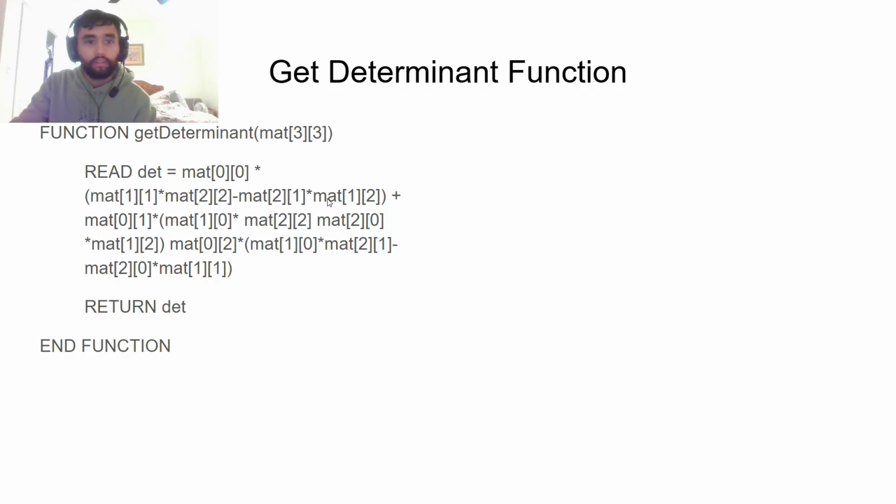This is my get determinant function, used to calculate the determinant whenever called. For all intents and purposes, for every matrix, the first index is going to be treated as the row, and the second index is going to be treated as the column. Obviously, 3 gives the maximum number of values in each array, however it'll start from 0 to 2. So this one would be the top left value on a 3 by 3 matrix times, I don't have the thing right in front of me, but